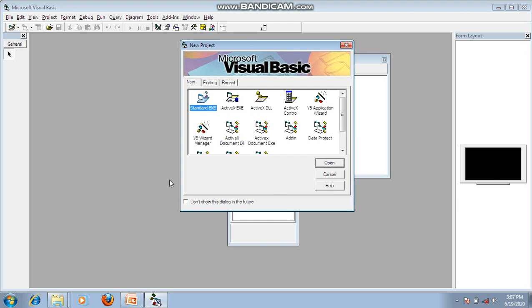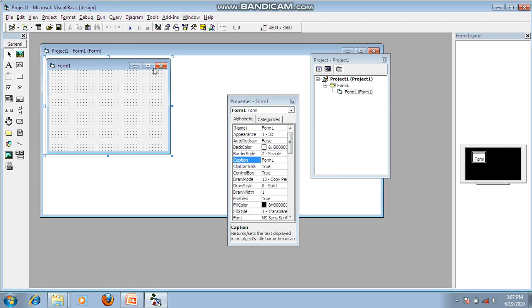So this is the project application window. I have already discussed this in the last class. Standard exe is selected by default, and click on the open button. So this is the IDE. The initial screen is called the IDE, and these are the components of the IDE. And this is the menu bar of the IDE.